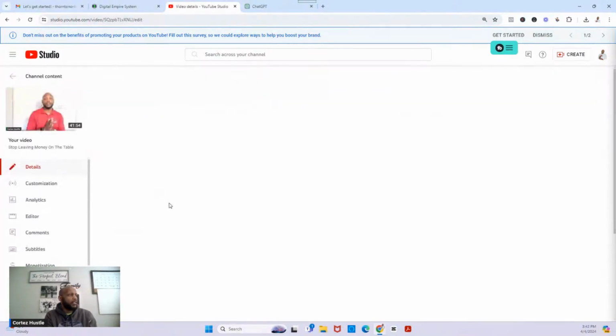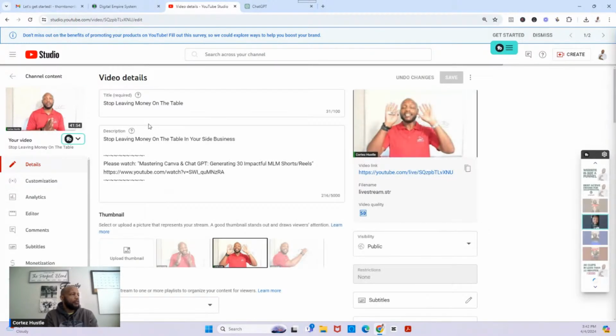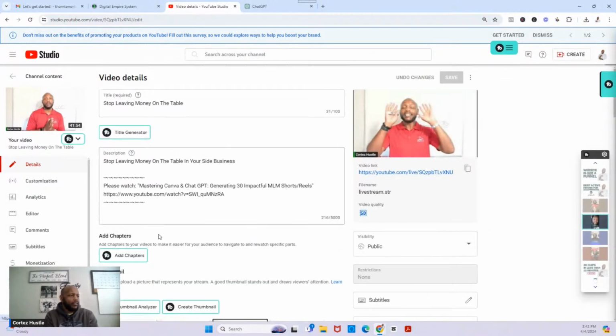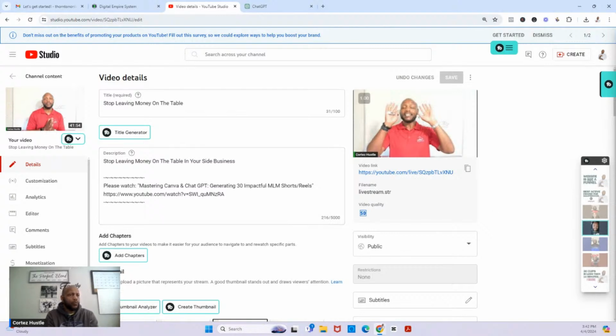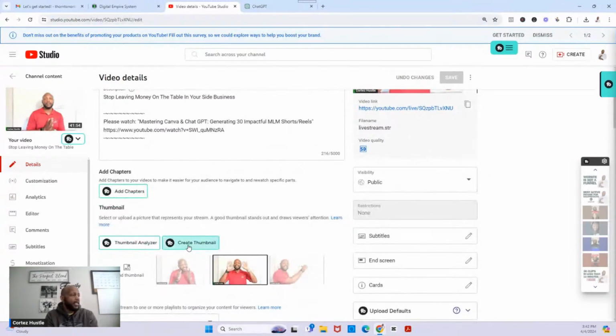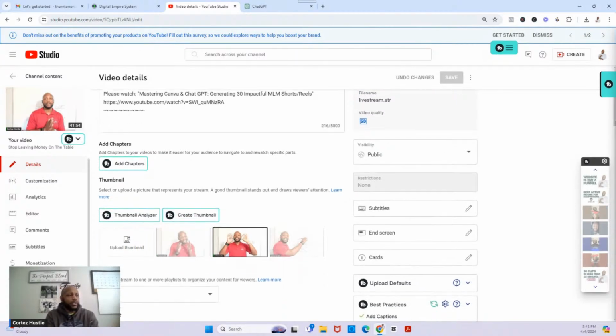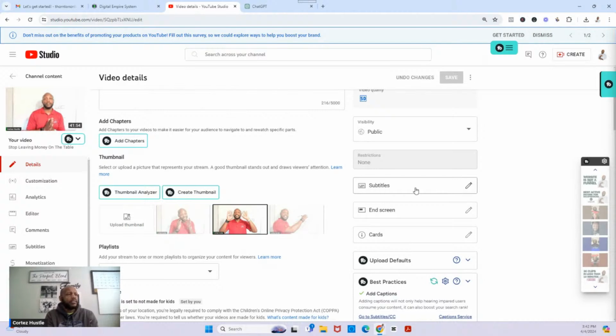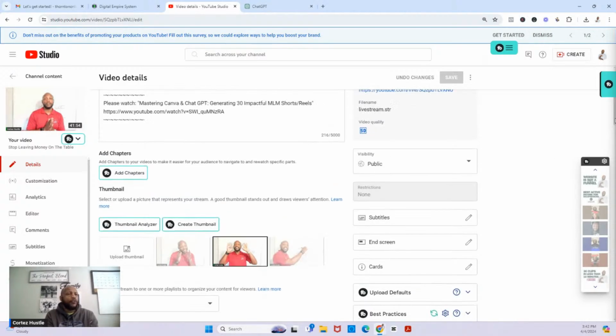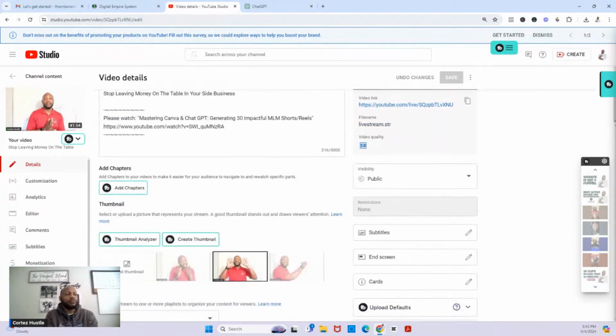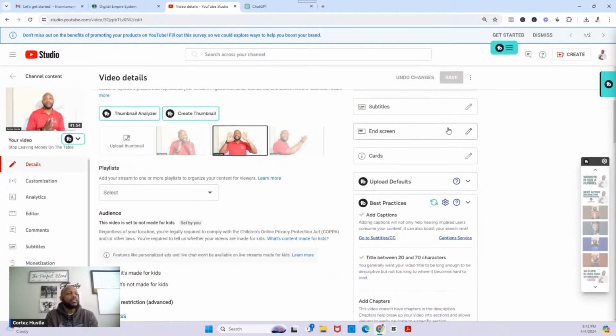It says stop leaving money on the table. So you notice one thing right out the gate, I don't have a thumbnail for that, right? One of the things TubeBuddy will do is say, hey, we can help you create a thumbnail. I use Canva to create my thumbnail, so I'm not necessarily looking at it for that. But this is the part that I want to show you guys. It's telling me that, in order for your video to be as successful as it can be, here are some of the most common practices that the best YouTube videos have in common.